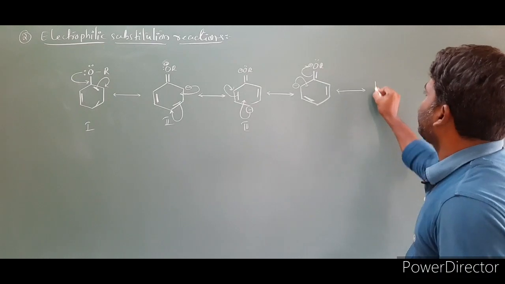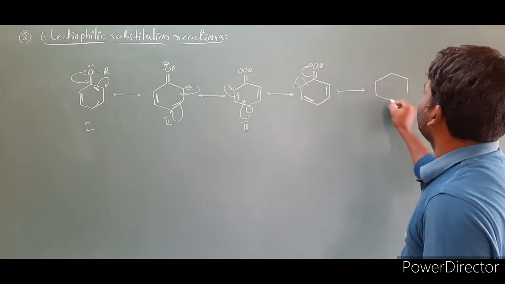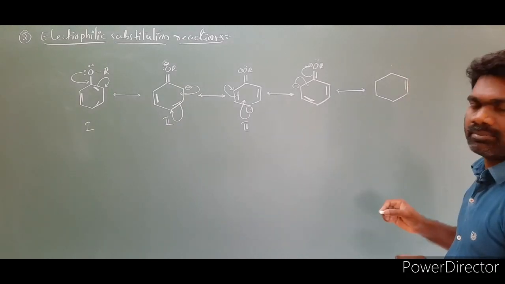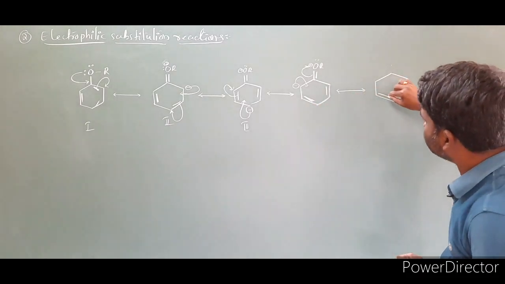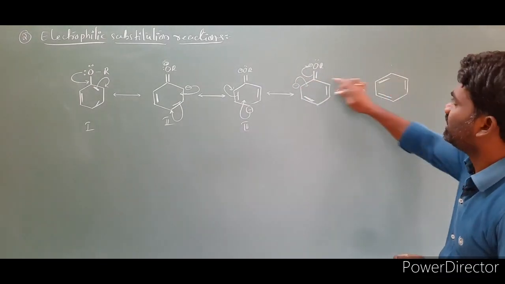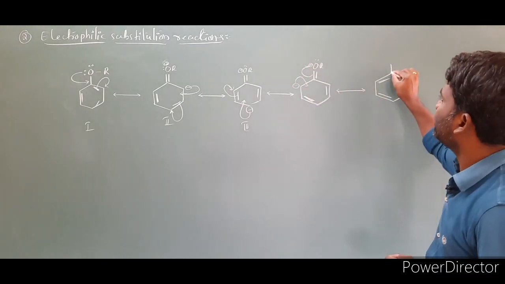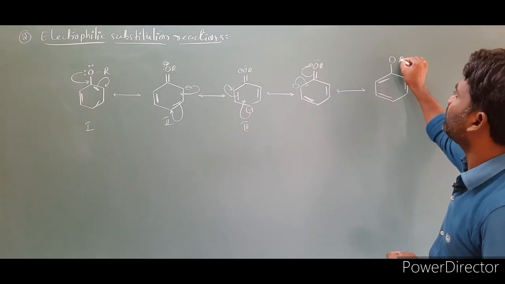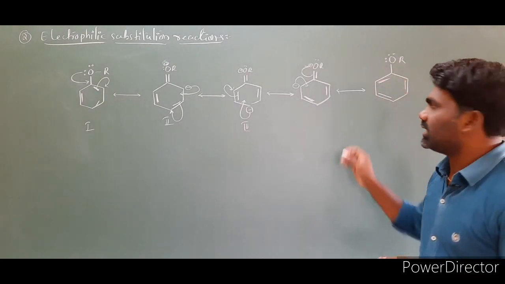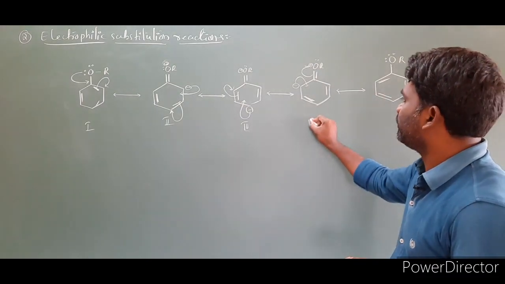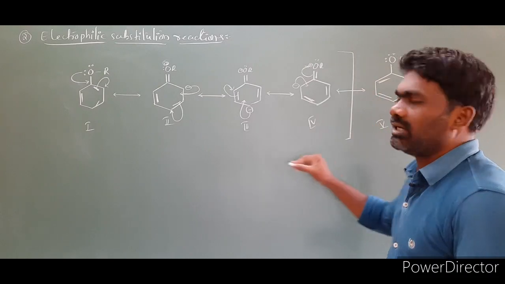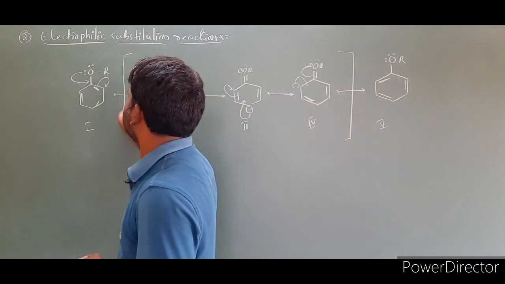What is the structure? This bond we didn't touch, this bond remains the same. Here is one pi bond, this remains the same. This negative charge went inside, and a pi bond is formed here. This bond is moved here, then here is only a single bond with R, again with two lone pairs. So this is the third structure, fourth structure, and this is the fifth structure. All these structures are called resonance structures.